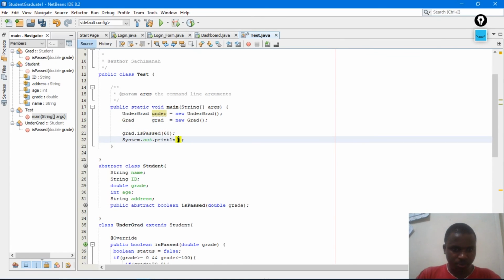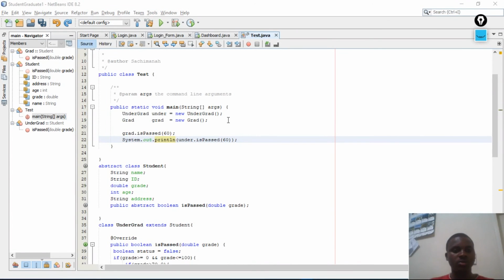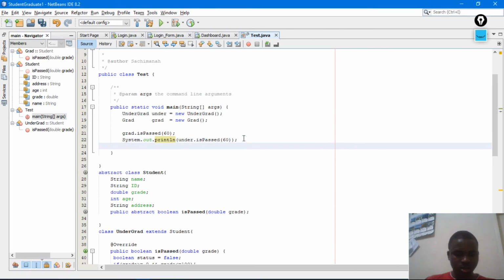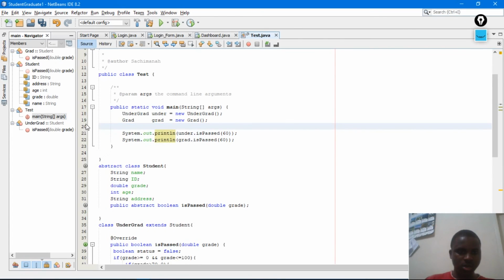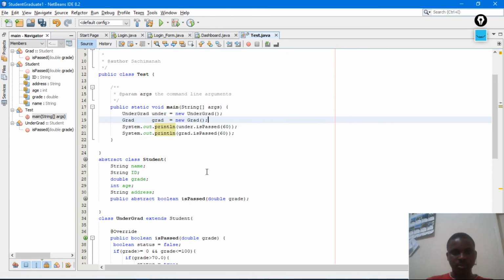I'll put it inside here like this. And also I have to take this one and put it inside a println statement. Okay, and I'll take this one and I'll put it inside here just like this. Yeah, I think that's all that was being demanded by this question.